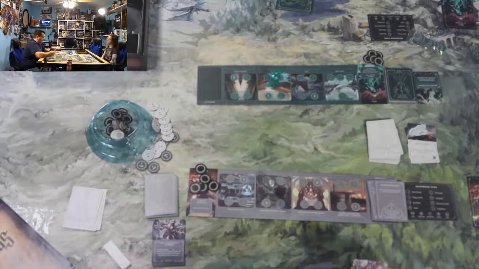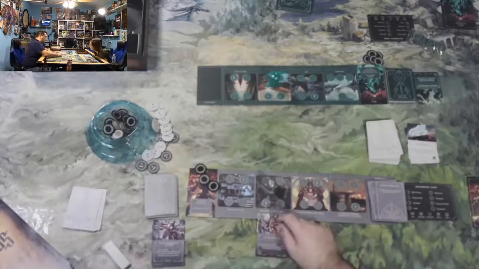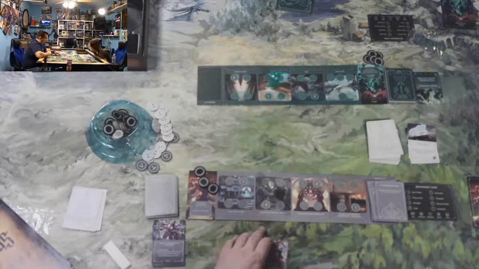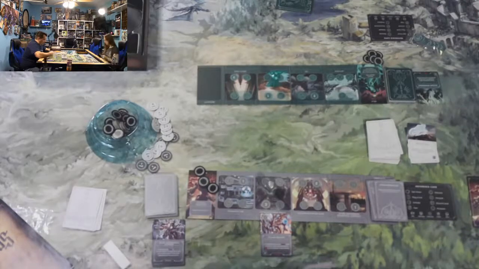So I will play a flying sentry. So I will play 2. Pay 2 to play this. So now I actually have 1 card. It's just right there. It says if flying sentry is at the event, when it resolves, you may relocate this ally to any location in your domain, which we are not playing with events. So I can then